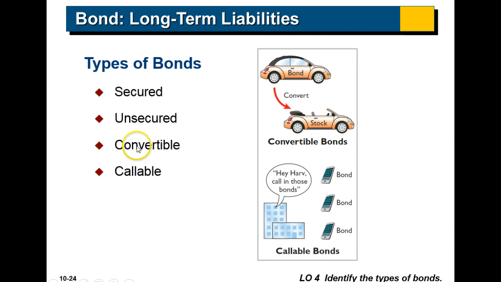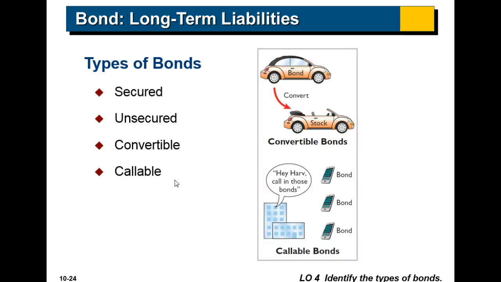And then callable bonds happen because, let's just say, in the current period, the interest rate on bonds is at 8%, okay? And these bonds are going to go over a 20-year period. Well, as in our case, all of a sudden the going interest rate is down at 2%. But companies are paying out bonds at an interest rate of 8%. They want to be able to have the option to call those bonds in and reissue those bonds for a lower interest rate. So callable bonds have a